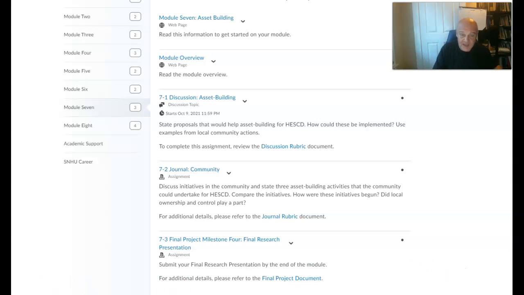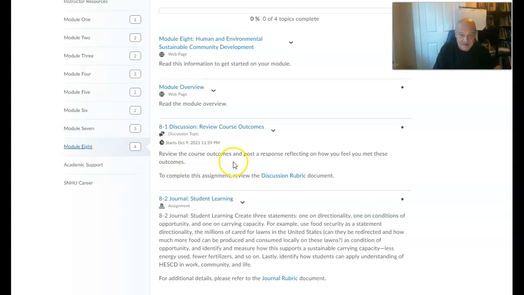Now, just to move ahead, what we'll be doing next week in Module 8. Module 8 begins, I'm just doing a double check here on my calendar, at midnight the 17th going into the 18th, 12:01 a.m. on the 18th.